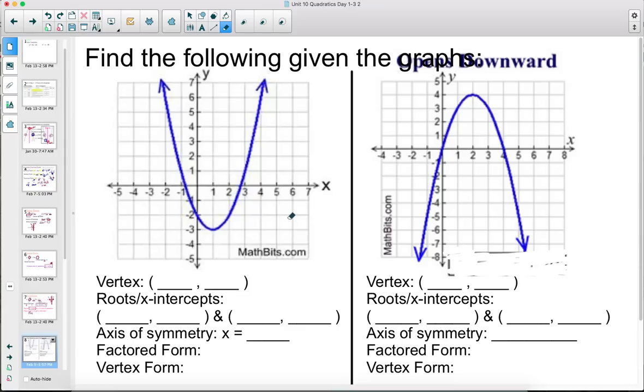All right, so the first one, the vertex is at 1, negative 2, excuse me, right there. Oh, negative 3, excuse me. My gosh, can't count. All right, the roots are where it crosses the x-axis, so it's approximately negative 1, 0,